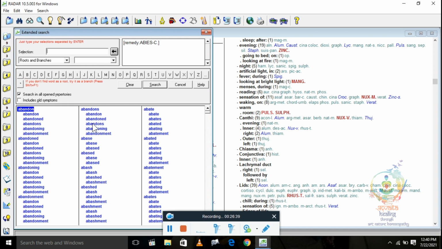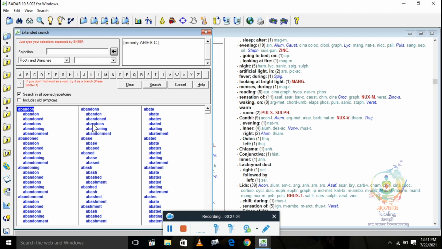It is a very vital part of RADAR 10 for beginners as well as practitioners, because when a patient comes to you and uses a particular word again and again, and you don't know the rubric, you can directly search here and look for it.